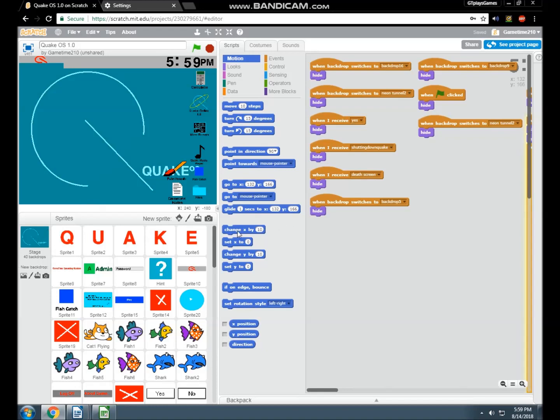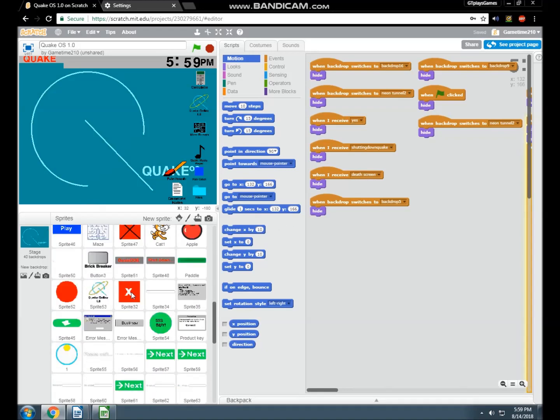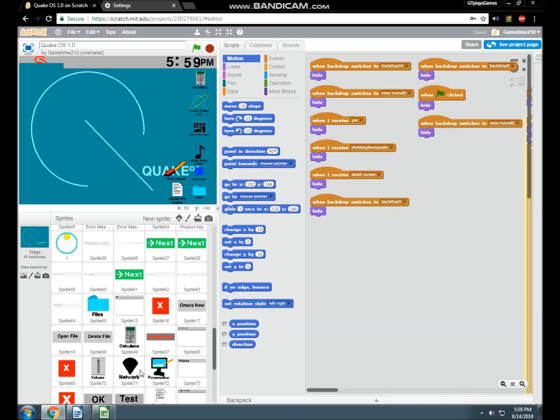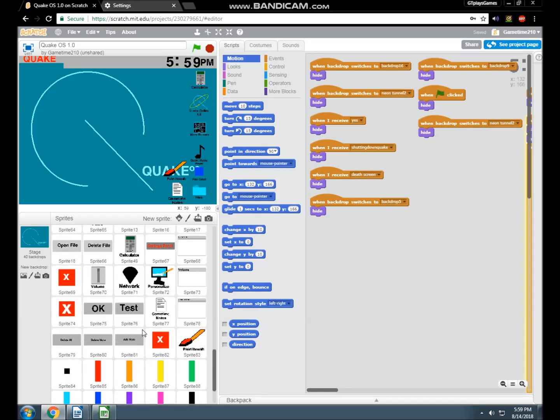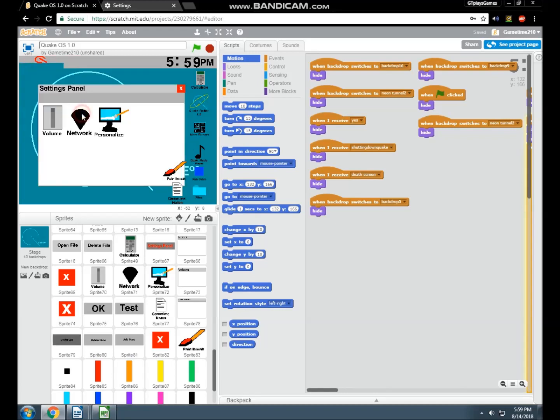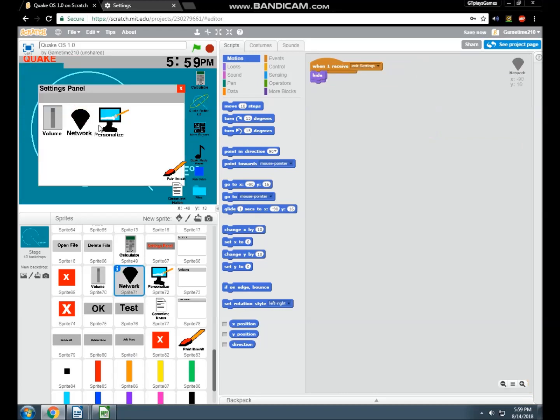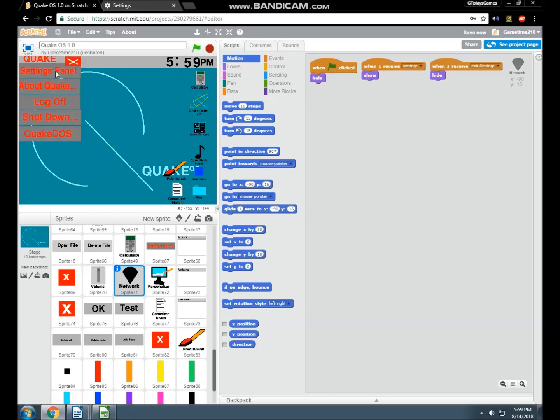Anyways, so as I said, I wanted to start work on a couple of things. More specifically, I want to start work on the network connections. So if we go to the settings panel and we select network, nothing happens except it asks me to grab it. Oh yeah, I should probably clean that up. There you go. Lots of weird glitches. We'll fix them before we release it, hopefully.